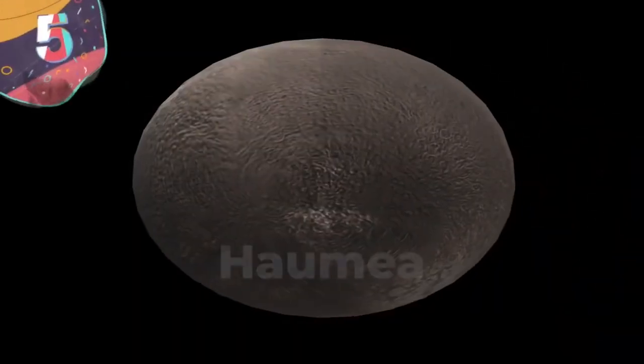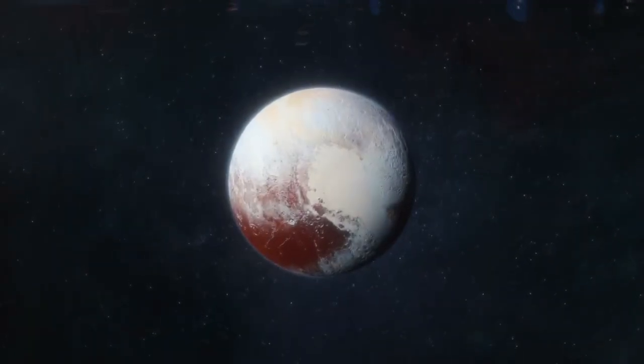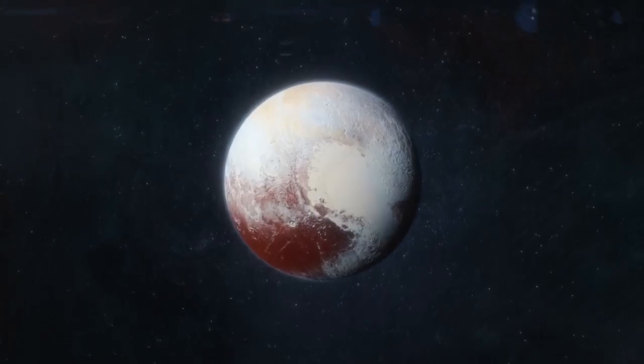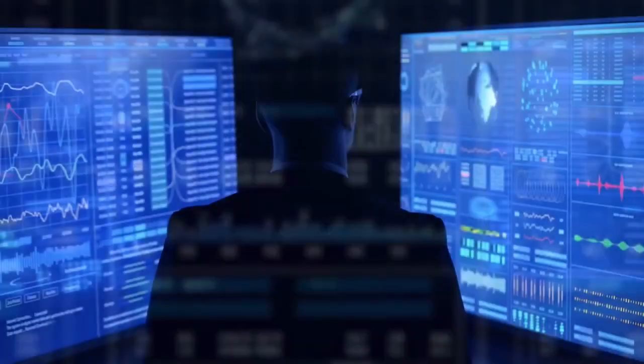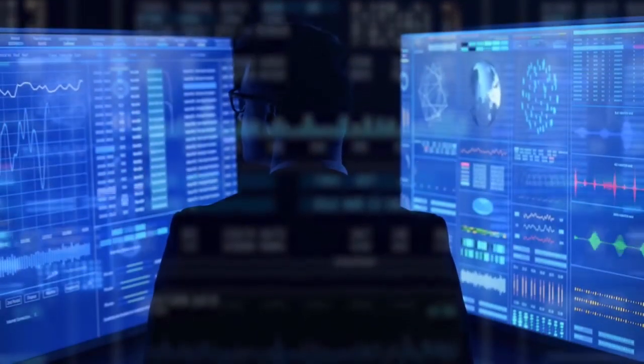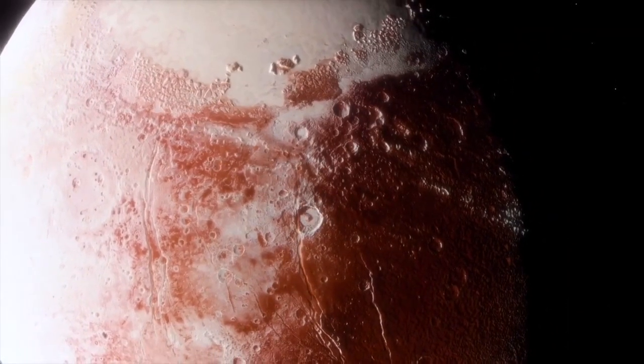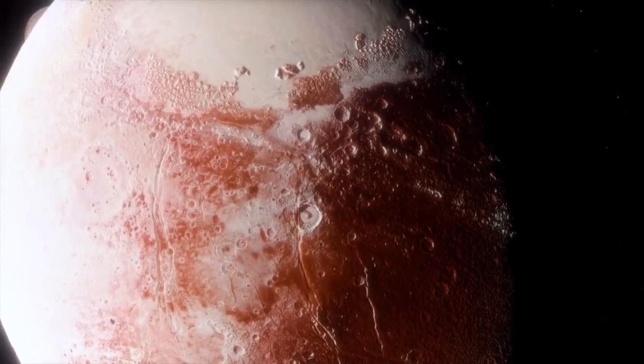Number 5. Haumea. When the decision was made to demote Pluto from being considered a proper planet, it seemed like quite a major step to take. In reality, though, it was because astronomers were only beginning to understand the objects that existed in the Kuiper belt at the edge of the solar system, and it became clear that Pluto was just the first one of these to have been discovered. There are far more mysterious objects in that region of space, though, one of which is